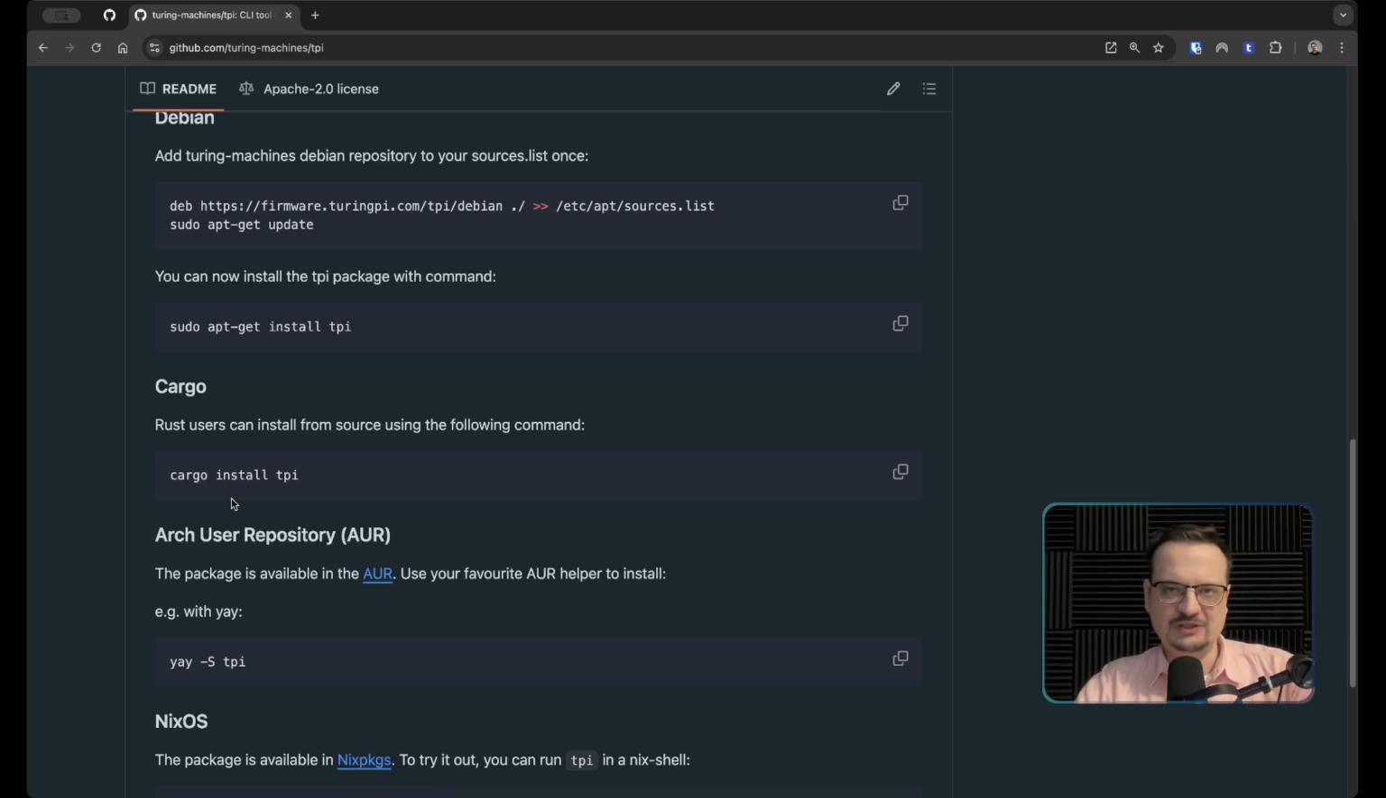Now, the best way of doing this is actually using Homebrew. Now, the TPI command line tool is not yet available itself in Homebrew, hopefully in the future. But we're going to use Cargo to build it, and we're going to install Cargo with Homebrew. So let's get started. So you want to open a terminal,